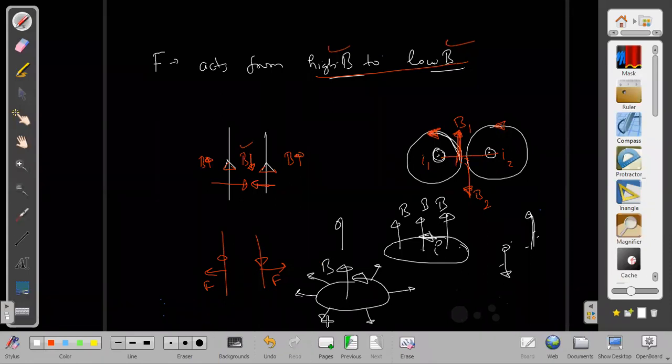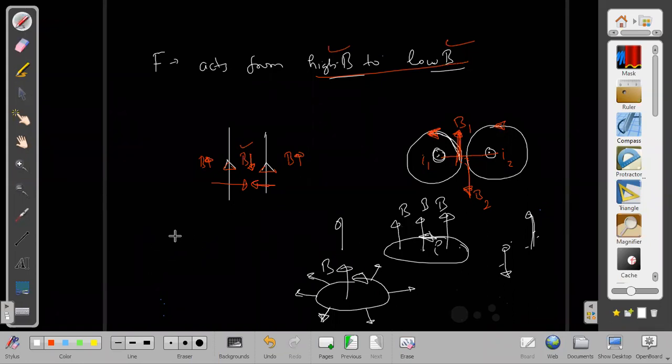We have done this before, last week only. If you remember, such a question was there in SC Verma. Some field was given and this thing was placed in it, and we were finding out the force. That was a radial field, radial force. But how to tell what direction the radial force will be? Radial force could be inside and it could be outside. In such cases, the radial force will be outside. If I reverse the direction of the external field, if I made it go downwards, then the force acting on each of these elements will now not be radially outwards, but radially inwards. Is this understood or not?